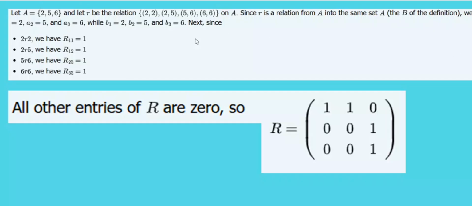So each value, we are giving some variable name. See, A1 is equal to 2, A2 is equal to 5, A3 is equal to 6. So these all belong to set A of {2, 5, 6}. Now, B1 is equal to 2, B2 is equal to 5 and B3 is equal to 6. So these are the variable names that we have assigned for set B, which we got from the set A relationship itself, friends, right? So now, for this pair (2, 2), (2, 5), (5, 6) and (6, 6), we are going to generate